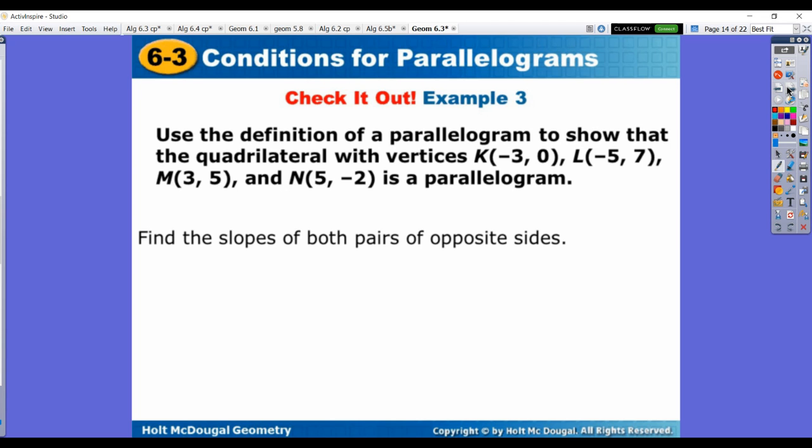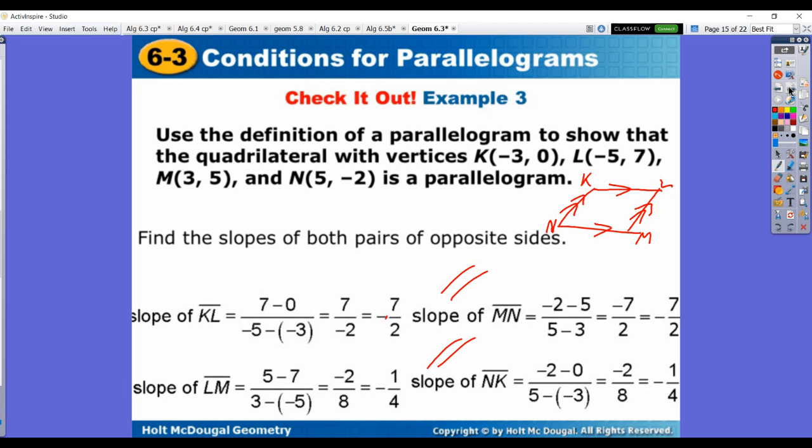All right, let's take a look at what this would come out to be. They calculated the slopes. Here we got KL and MN, down here. Those indeed are parallel at -7 over 2. And our other two lines, we have LM and KN. Those slopes each have -1/4, so those would be parallel as well. That would be our answers for that, and that's the end of